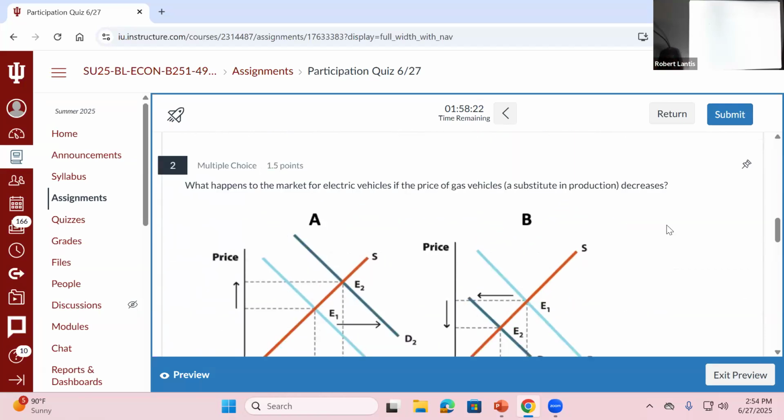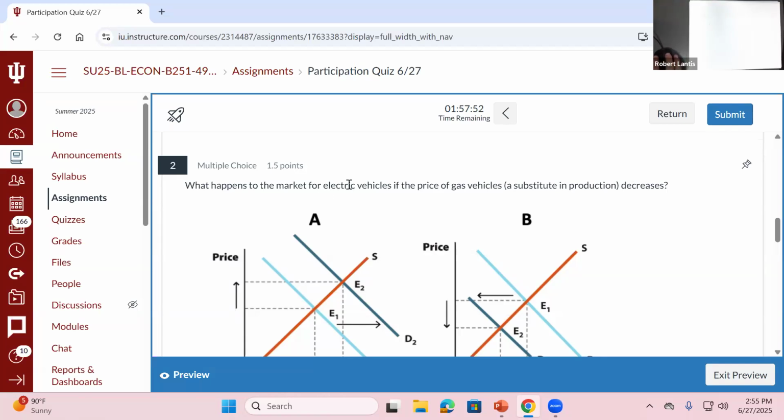What if instead I had an example of a substitute in production? So a lot of car companies, right? I have huge production facilities and I can make either gasoline or electric power vehicles. If all of a sudden, for whatever reason, people are less likely to want to buy gas powered vehicles and the price goes down, well, if I'm a producer and I can make either gas powered or electric vehicles, if the price of gas vehicles is lower,